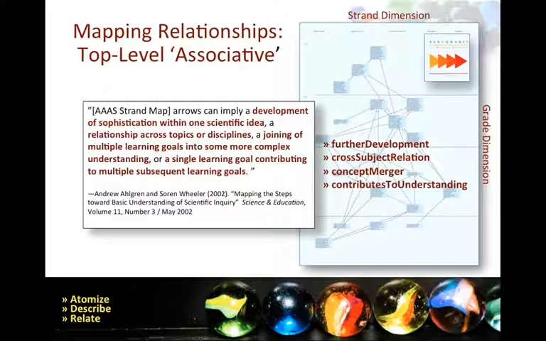And then associative relationships, and I again bring up the AAAS strand maps. And here the strand map is richly developed. If you look from the bottom of the strand map to the top, you are progressing through time as the student moves across education levels. And from right to left, you have different topical areas. So these are the logical mappings, and these are the associative mappings. This is the area of greatest growth, where we're learning the most as we play with this data in real environments.